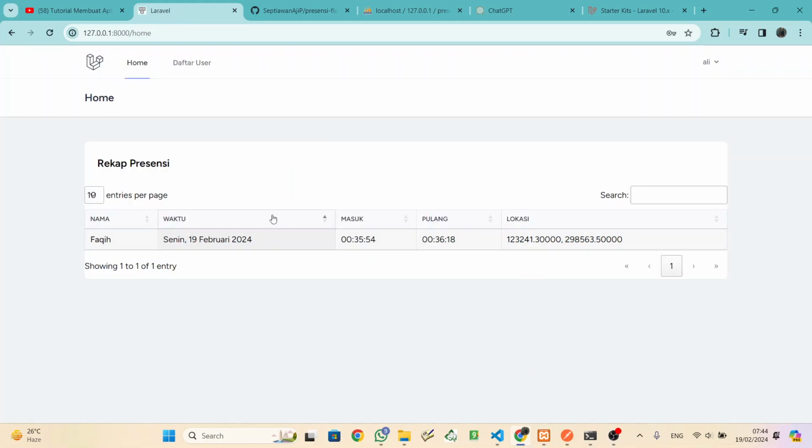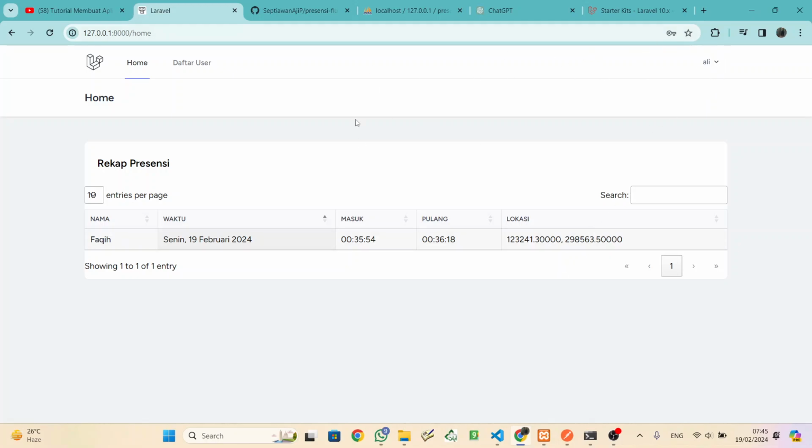Okay, now this is the home page, because one of the users has already used this app, so this will appear. What appears here is everyone who has clicked the button like that.